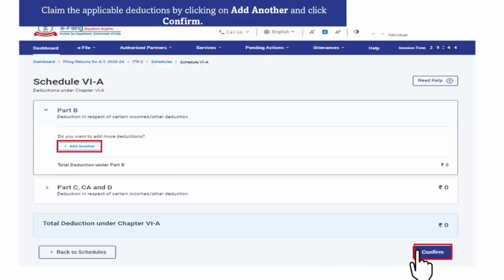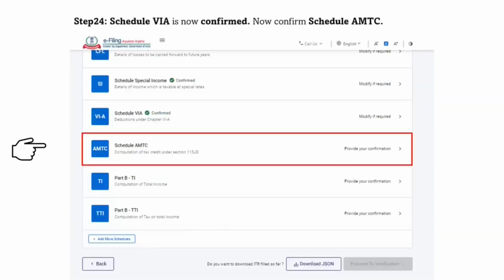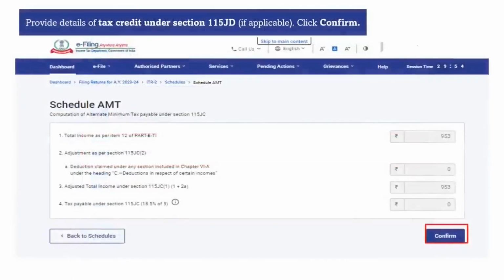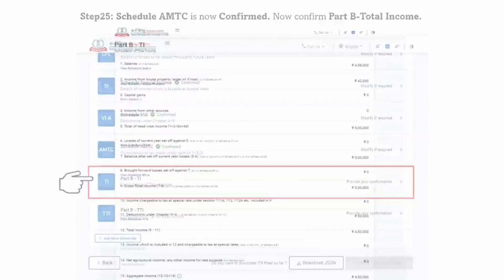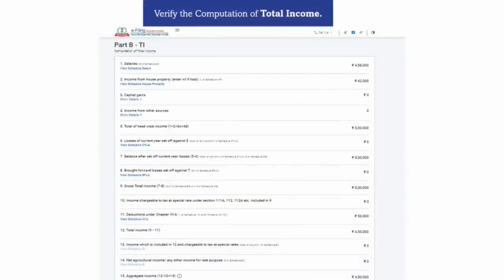Once the Schedule 6A is confirmed, you can confirm the Schedule AMTC. Schedule AMTC is the computation of alternate minimum tax payable under section 115 JC. You can provide the details of tax credit under section 115 JD if applicable and then click on Confirm button. Once the schedule AMTC is confirmed, you are required to confirm Part B total income. You can verify the computation of total income based on the information provided by you in the earlier schedules. After confirming the schedule total income,